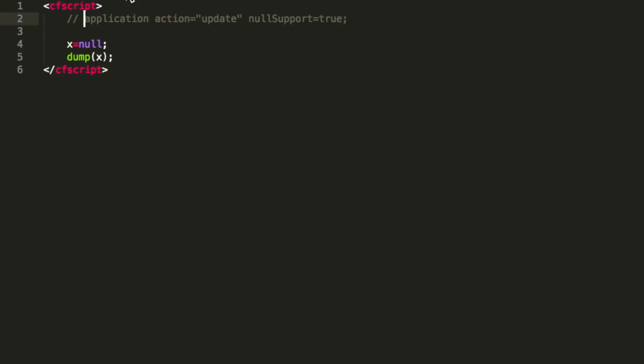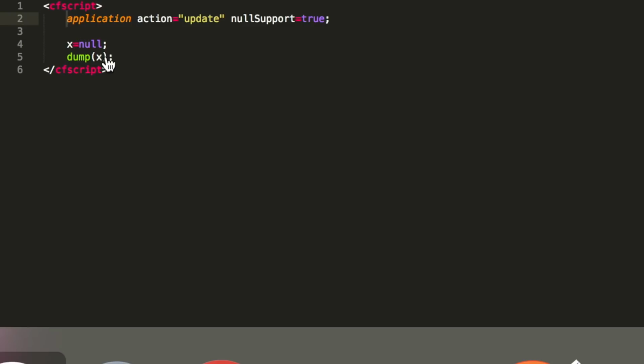And you can of course always use, instead of defining it in the application CFC, the tag cfapplication to define it, and with action update you can update the current application context and then you set it. So take this example. I defined the variable x with the value null, and then I dump it. And when I execute that,